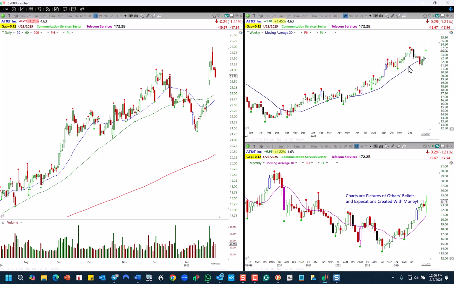Now the 20 on the weekly is equivalent to the 100 on the daily. I could put a 10 on here and it would be equivalent to the 50. We don't really have to do that. You could if you wanted, but look, if these two are going up, you know the daily and the weekly